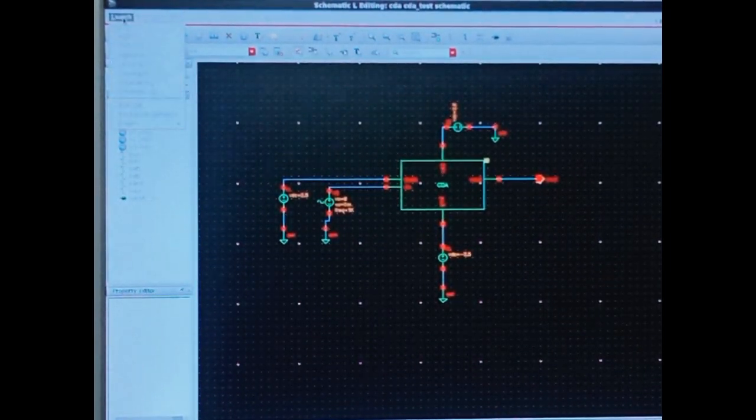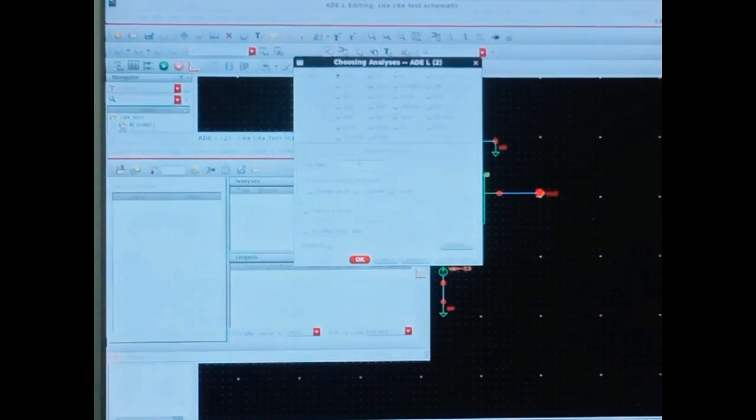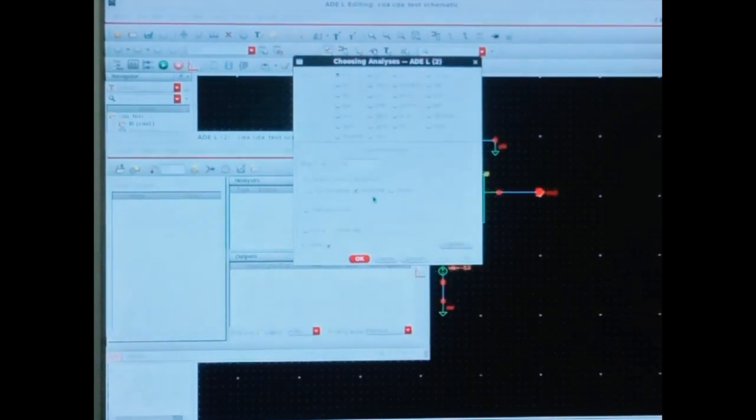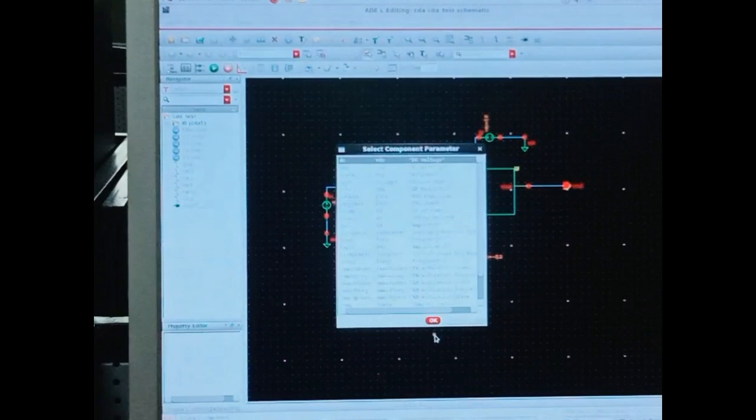Now we can check the analysis by going to launch ADE analysis, choose the same steps, transient 5 milli. The first component we have to select.